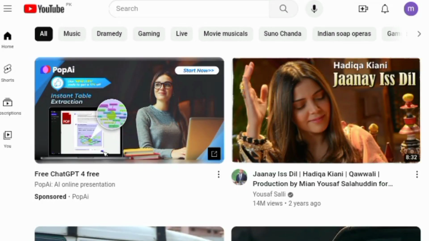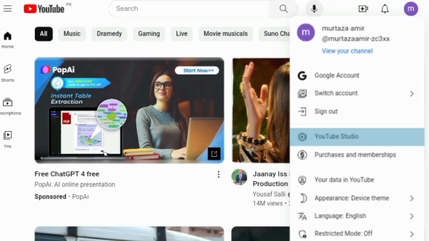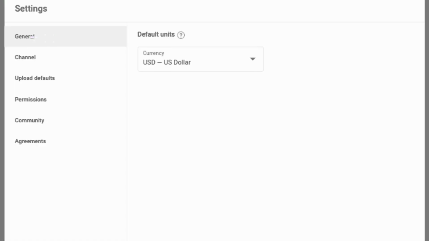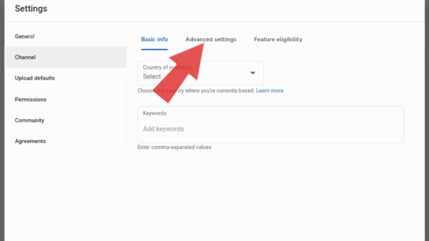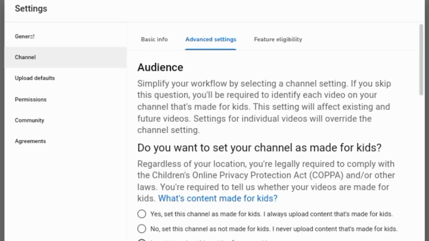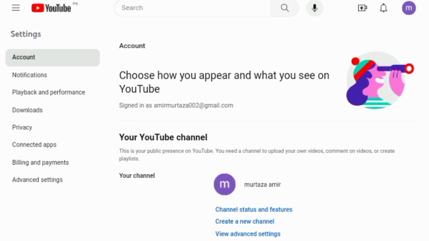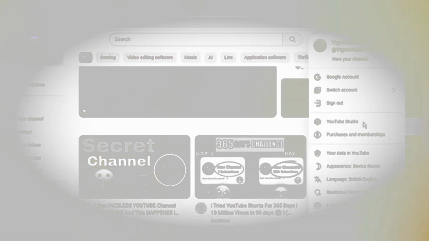Now you simply have to open YouTube on the desktop side and go to YT Studio. On the left side, you will see the option for setting. Click on it. Then go to the channel and click on Advanced Settings. Below all, you will get the option for Manage YouTube Account. Click on that and YouTube will redirect you to this page in which you will get to see these 3 options. Simply click on the second option, Create a New Channel,